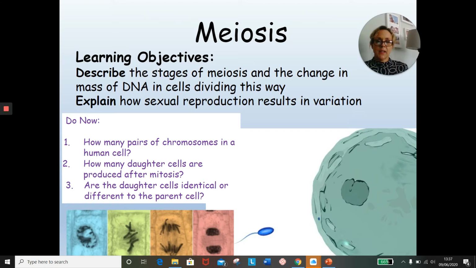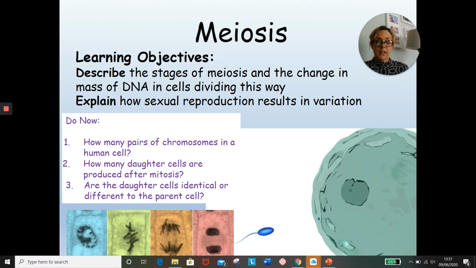And this is Miss Savage and your lesson on meiosis. This is a form of cell division that gives rise to gametes or sex cells that have half the number of chromosomes. So through this lesson, you should be able to describe the stages of meiosis and the change in mass of DNA in the cells that divide in this way, and also explain how sexual reproduction results in variation